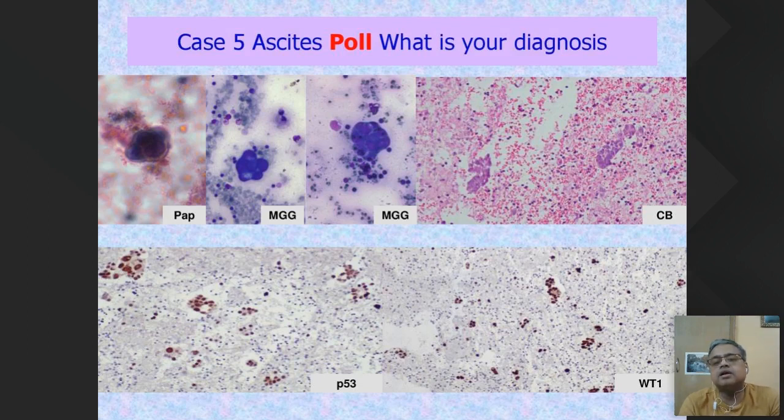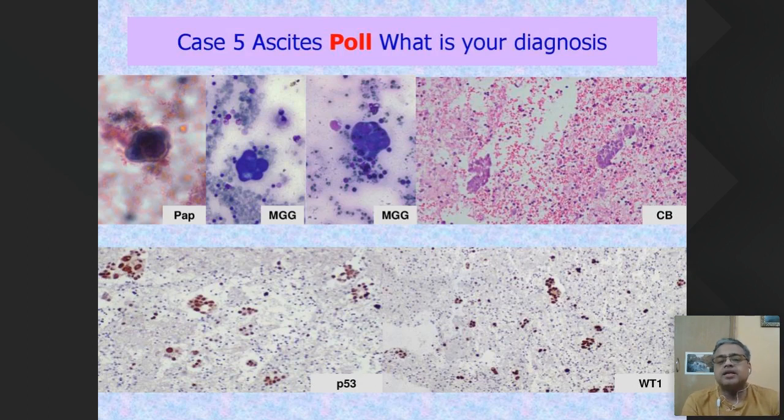So we have a cell block in which some groups are there. Now when you went under high power, these nuclei were atypical. I have not captured that. But you can see here, P53 is very strongly positive. P53 coming strongly positive is important. If it is weakly positive, it indicates benign. So if a few nuclei are positive and a few nuclei are negative, that's like a wild type P53 expression varying from cell to cell, which indicates benign. If it is completely negative or completely positive, it indicates malignancy.